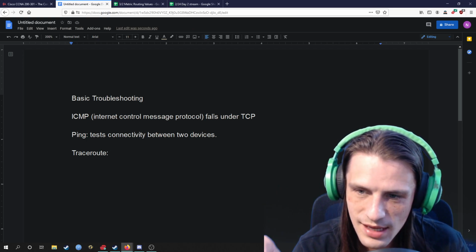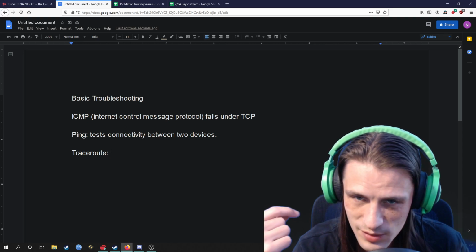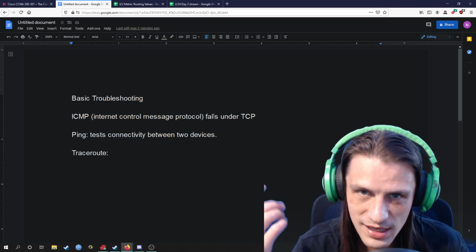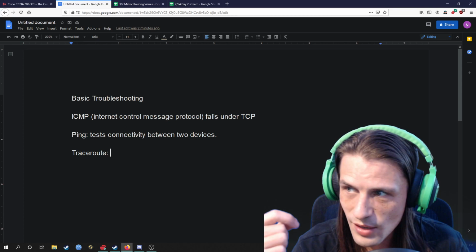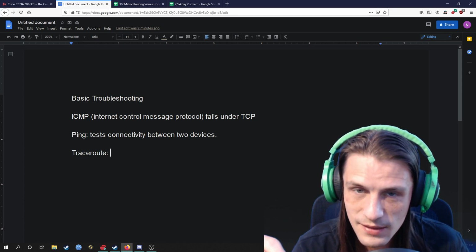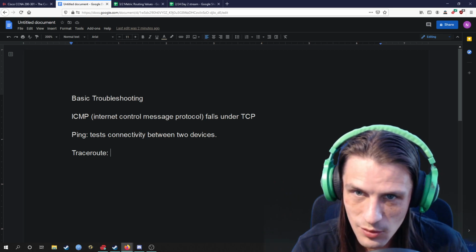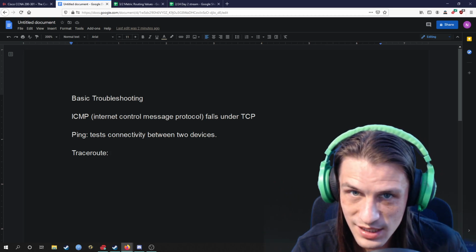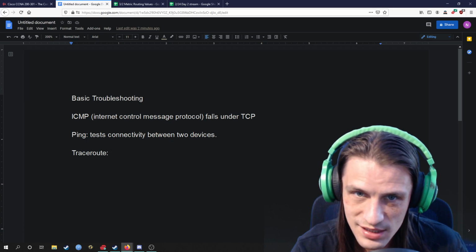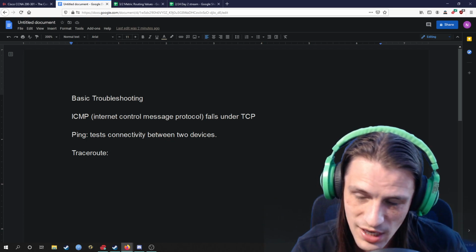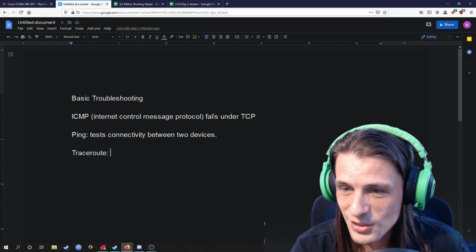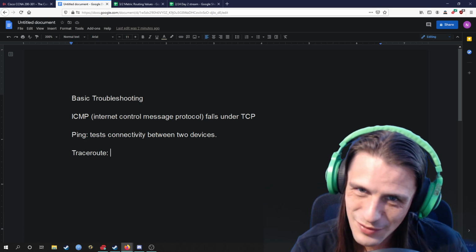So that device is then going to send a response saying, yeah, your packet got here, but it died. Then Traceroute is going to send out another packet with a time to live of 2. So it's going to go to the next hop. It's going to get through that first connection, go to the second one, and die. That device is going to send back a response saying, hey, your packet got here, but then it died. Traceroute's then going to send out a time to live of 3, and it's going to keep